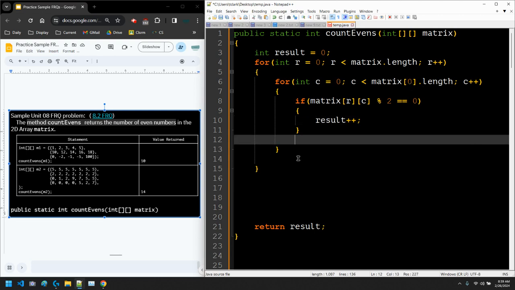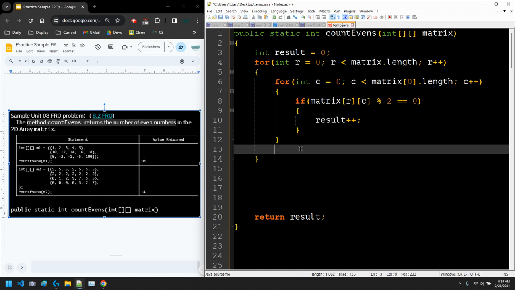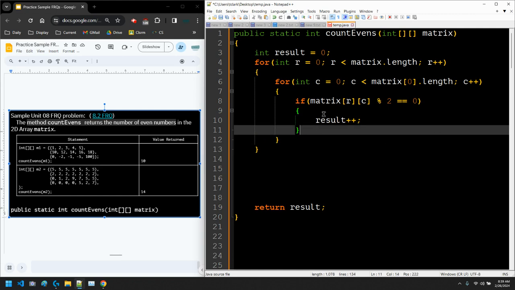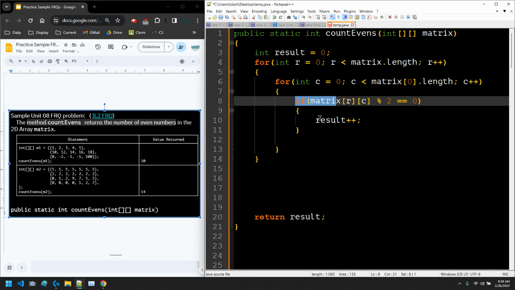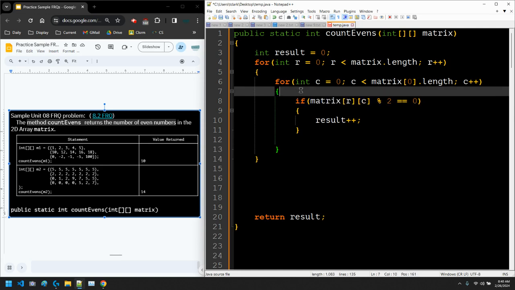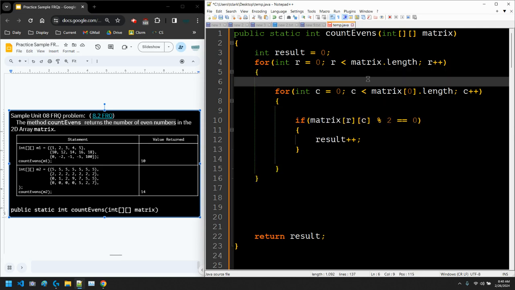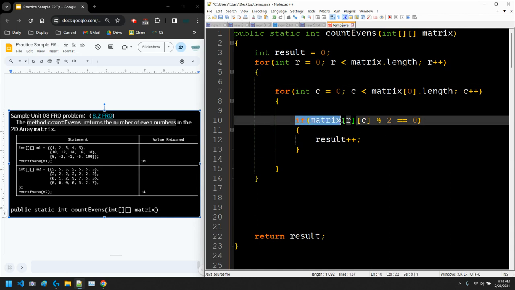And I don't need all this extra space, but it's fine if I do. So even on the AP exam, don't worry about extra space because you might miss something. You might put result++ but forget to do the even check, and then later on you go back and read it and say, oh, I forgot even. And instead of trying to squeeze it in, you have all this extra space in between, and you can just write it out. And again, a hint for the AP exam: